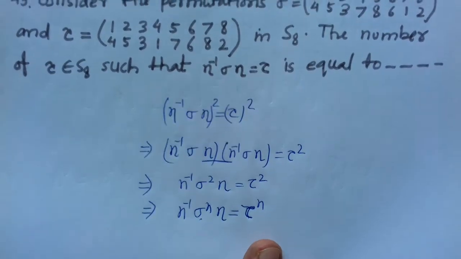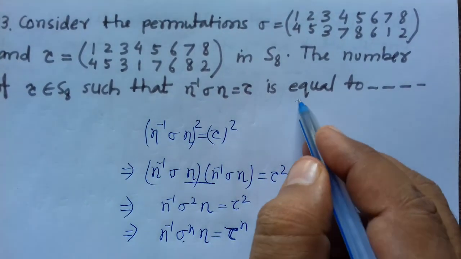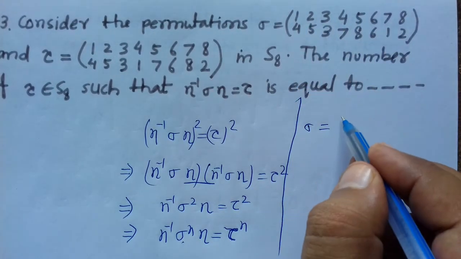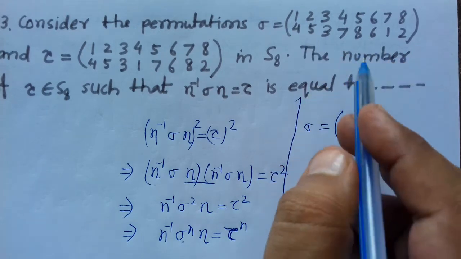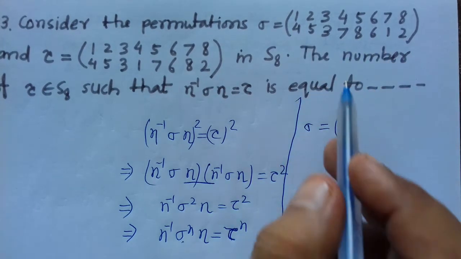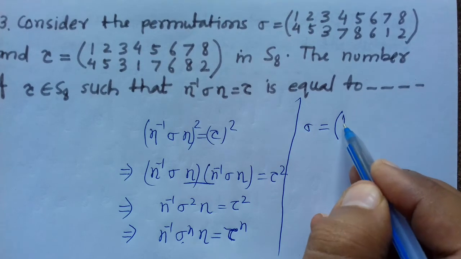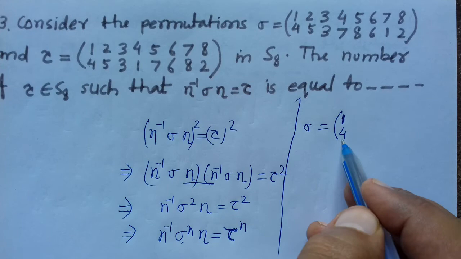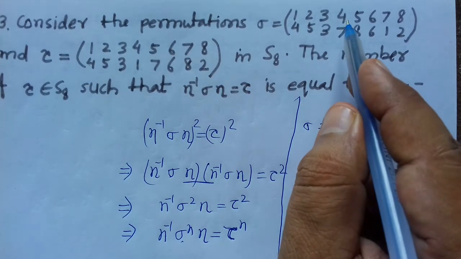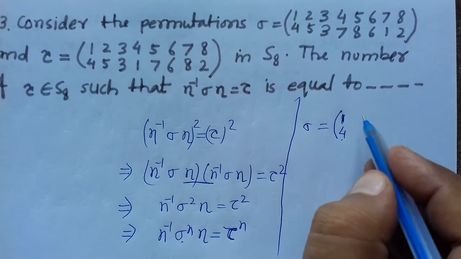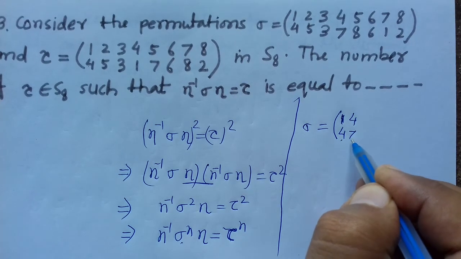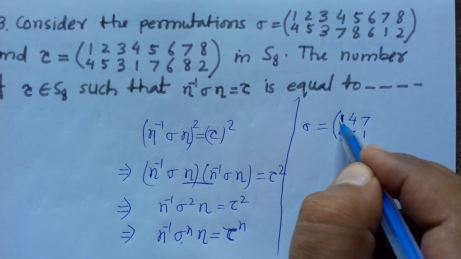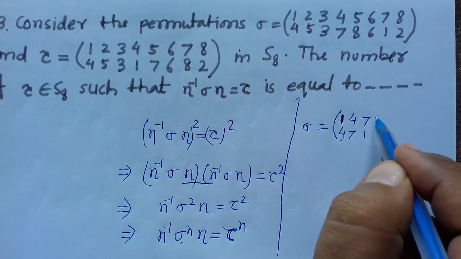First take ρ. Rho in the question is given to be, here you see ρ. Let us write this in simple form. Here 1 4, and thereafter 4. We have 4 here, so we see 4 in the upper part. 4 7, so 4 7. Now 7, here is 7 1, so 1 you see already in the upper part.